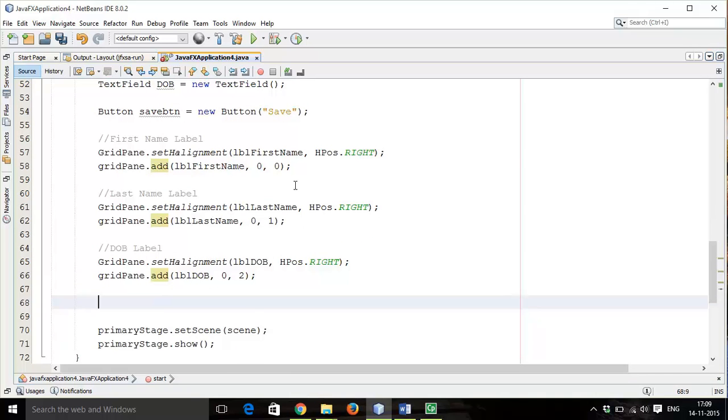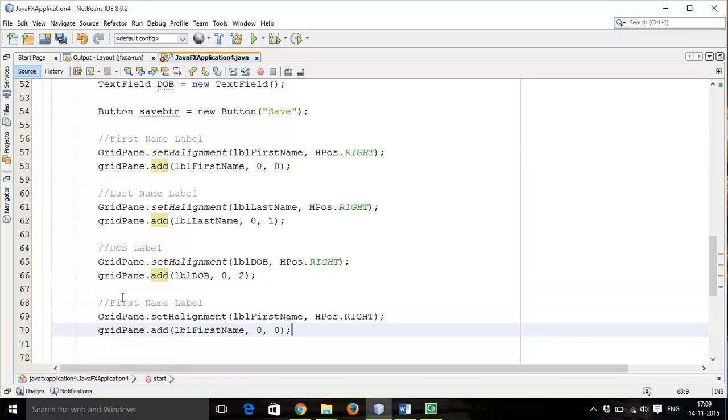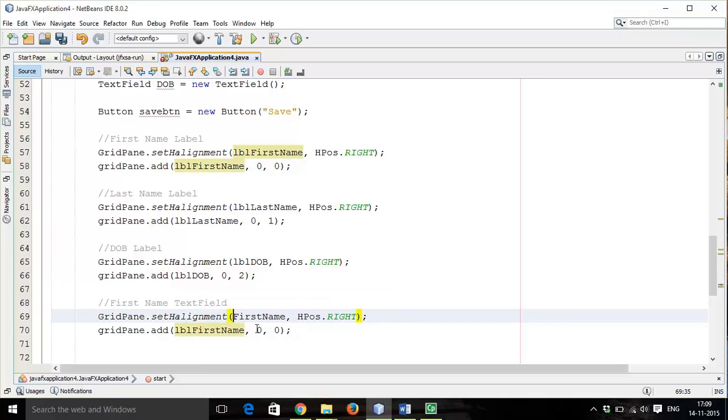text fields. So first text field for a name, instead of label I will set the text field. So set horizontal alignment for now text, first name. Here make some changes. So here I will say left. With this some changes, I will say 1 0. Add here first name,